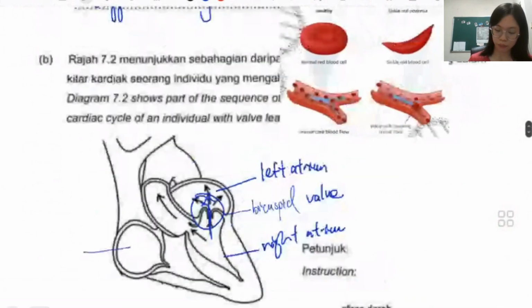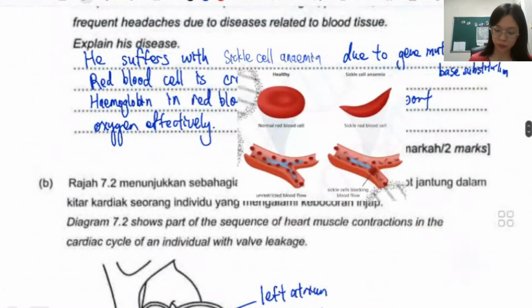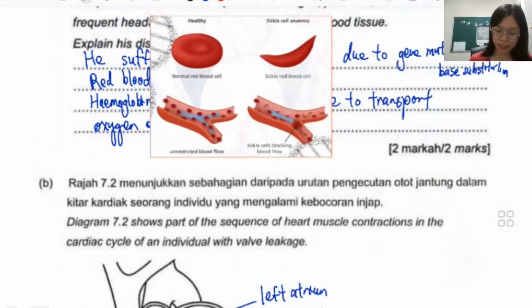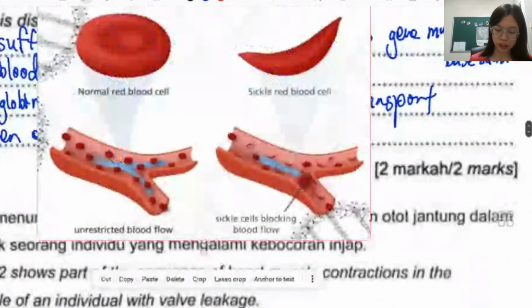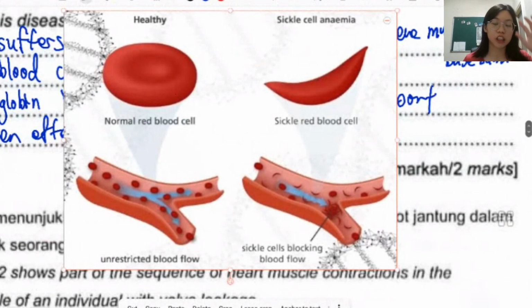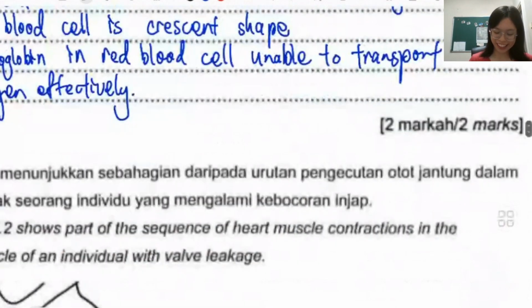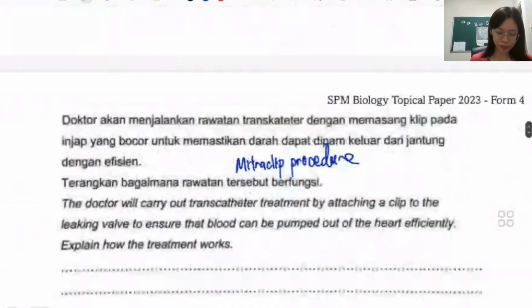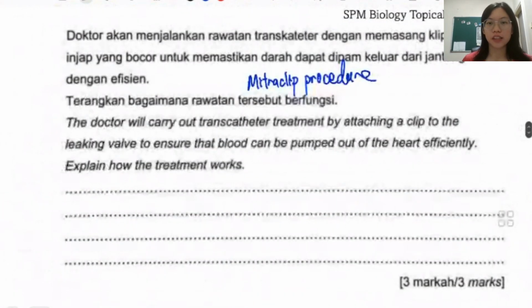Oh, sorry, just now I pasted a picture but I forgot to mention. The reason why it leads to poor blood circulation is because the sickle cell shape of red blood cells tend to clump easily together, therefore blocking the blood vessel, which leads to poor blood circulation. That's another effect of it. Okay, sorry for that. Okay, so moving on, the doctor will carry out this